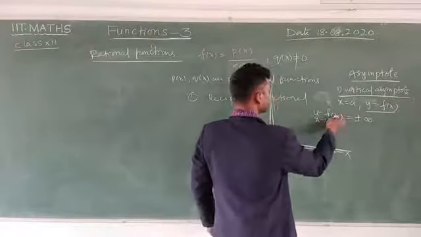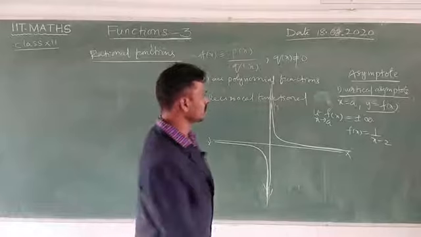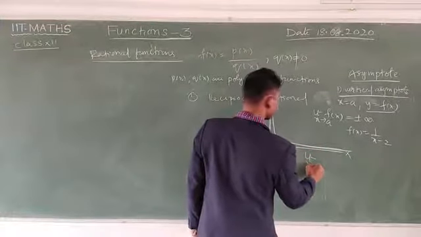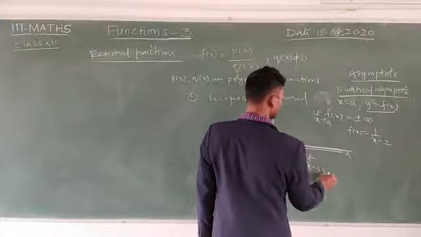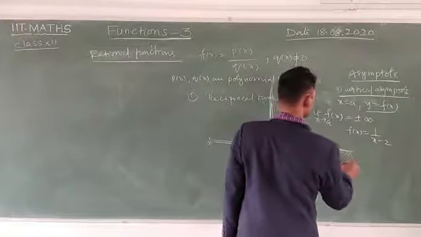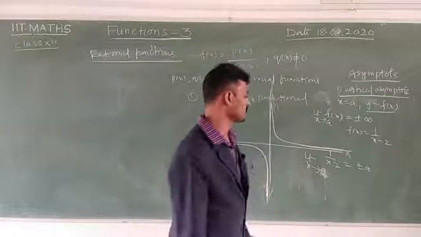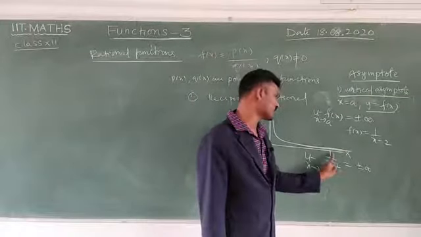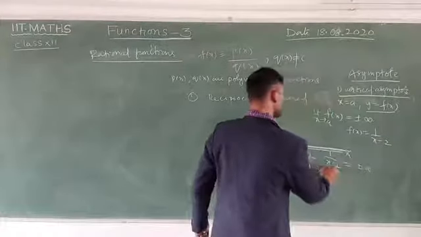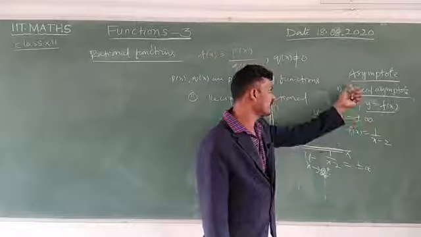How is it? Let f of x is equal to 1 by x minus 2, you can take it simply. Now the limit as x tends to 2, of 1 by x minus 2, is equal to plus or minus infinite. Why? Because substituting 2 gives 1 by 2 minus 2, which is 1 by 0, so it is infinite, plus or minus either one. The left limit gives minus, and the right limit gives plus. This is called the vertical asymptote.